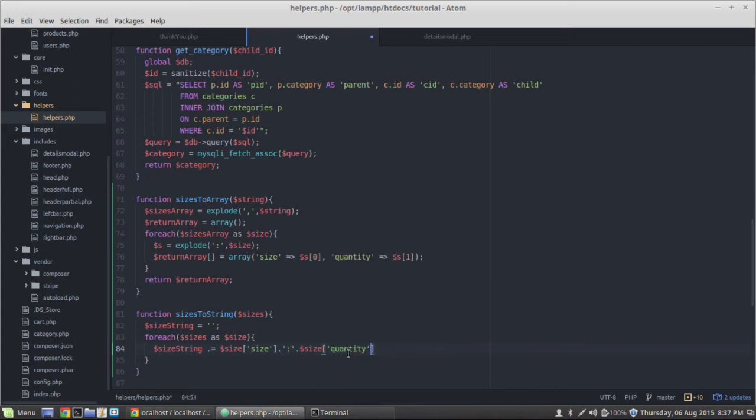Okay, and then we're going to concatenate on a comma. So that will build up the string. It'll go through each size in the array and build a string, and this is what we're expecting in the